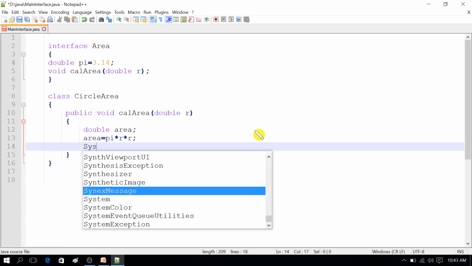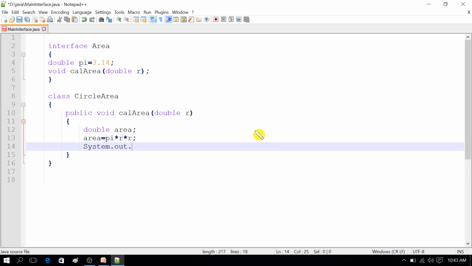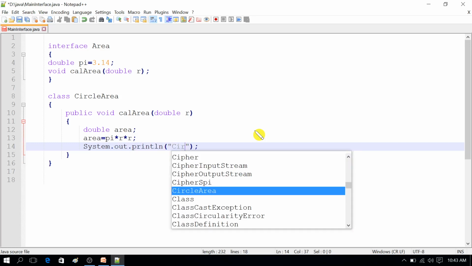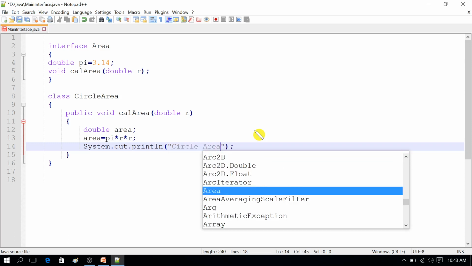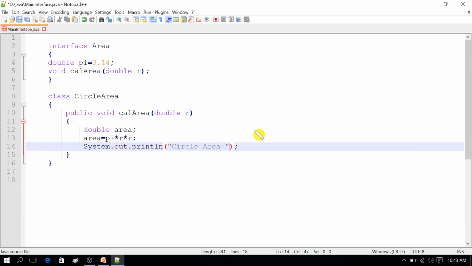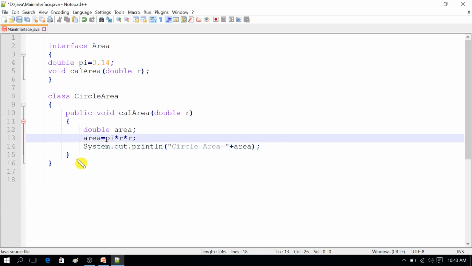Then I will print that result using the System.out.println method, and in that method I will print the circle area, which goes to the area. This result prints here. I have defined this method, but whenever we have to access that interface